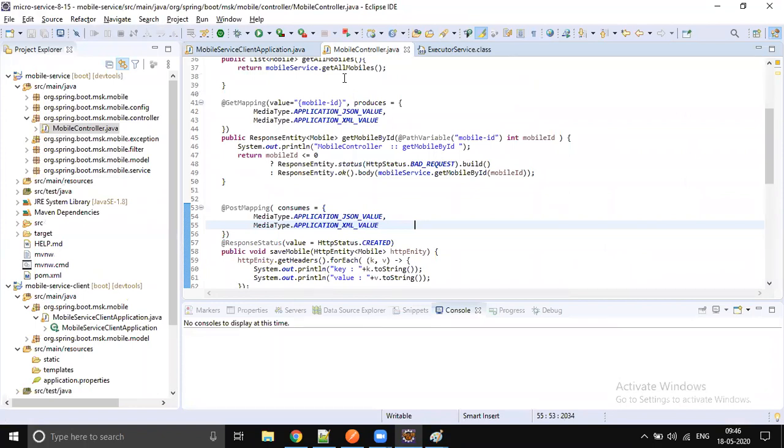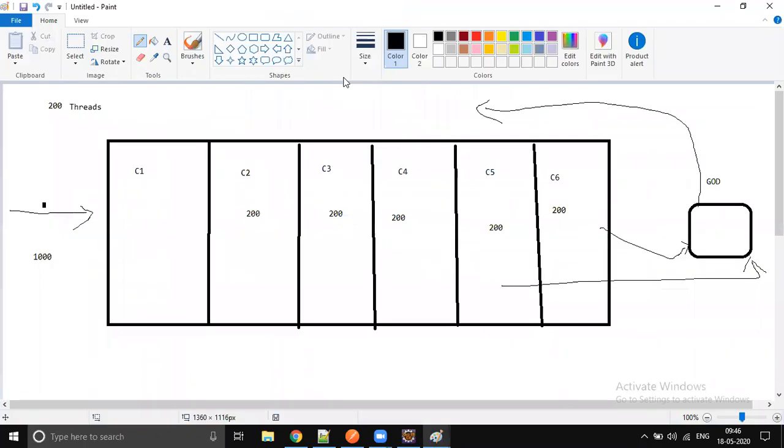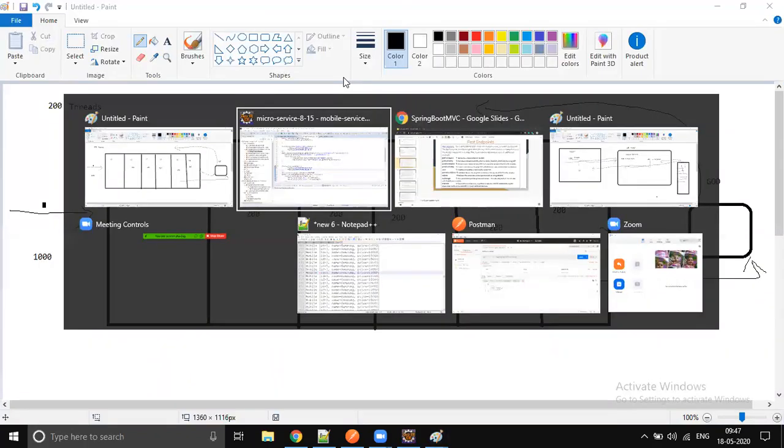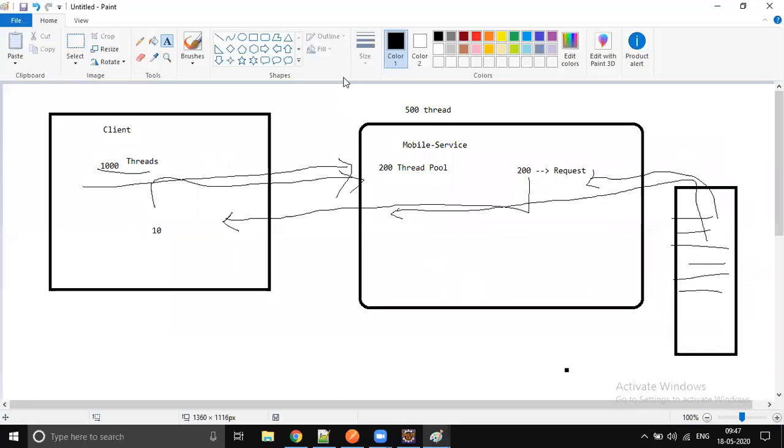That too, especially in the microservices architecture, where we have limited resources, right? Each microservice will have limited memory, right? It acts like a small component. So that small component should process with a limited number of threads, right? So like that we should design. That is the reason for the huge demand for reactive.